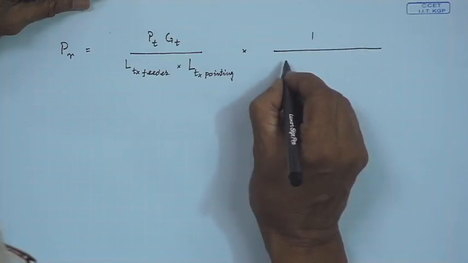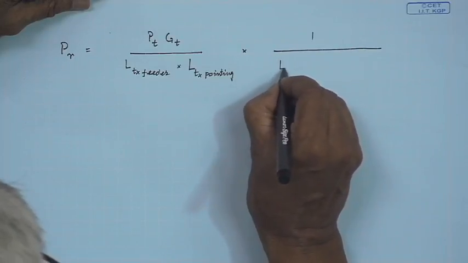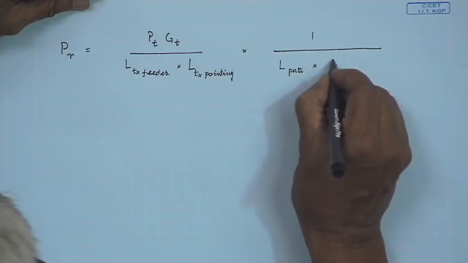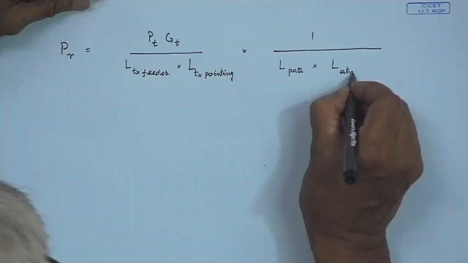In the medium there is the path distance, so there is a loss due to path, then loss due to atmosphere,